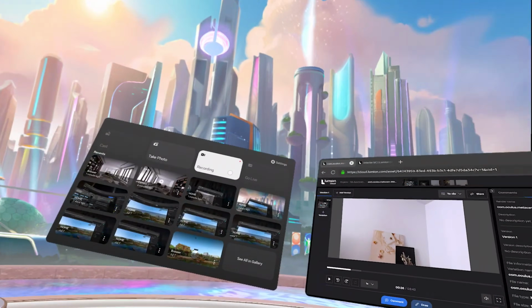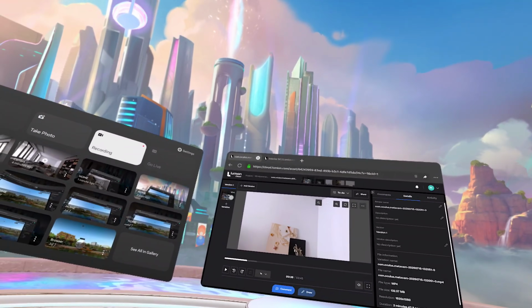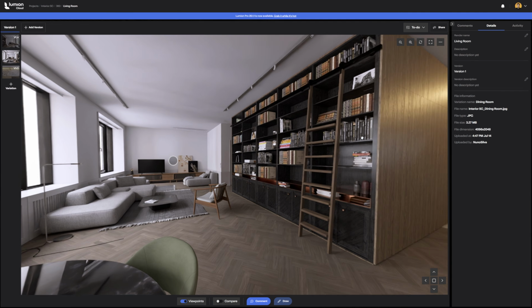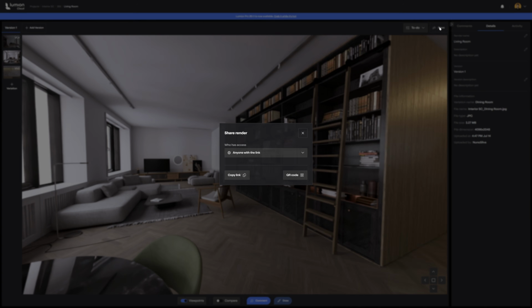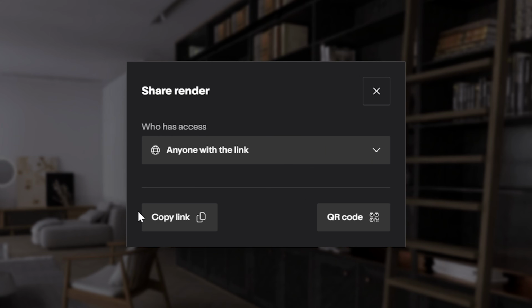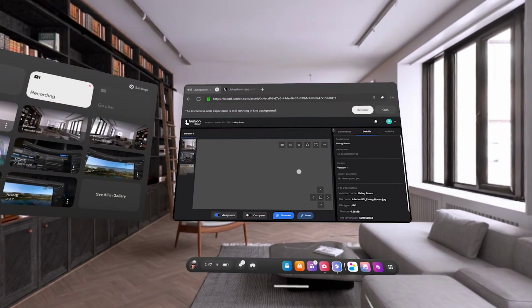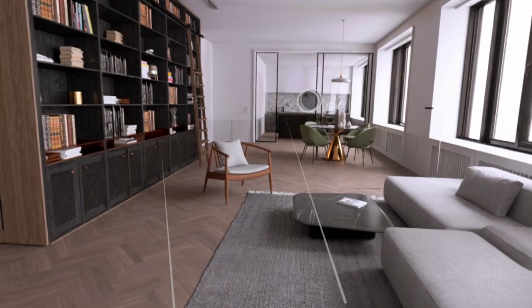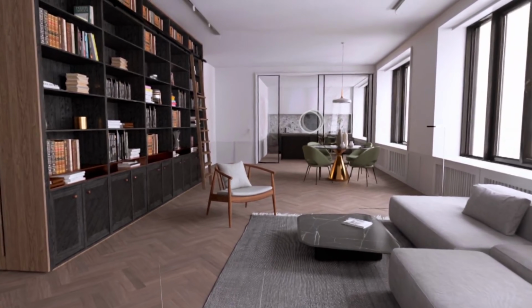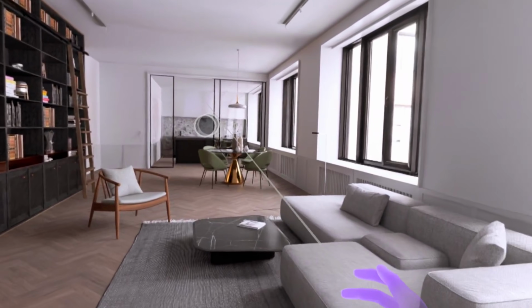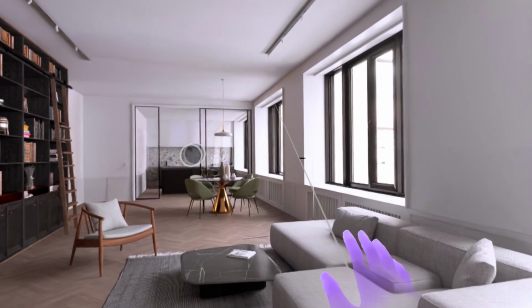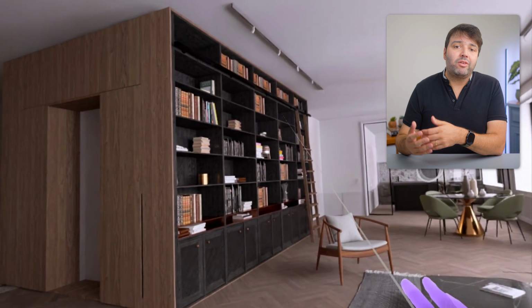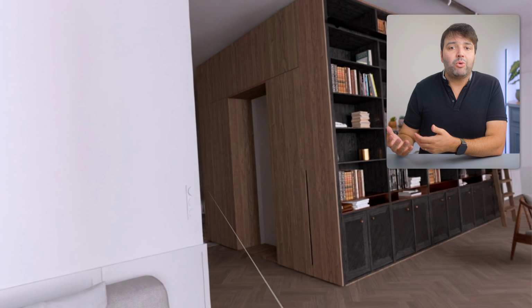And here's where it gets really cool. Those panoramas, you can now view them in VR. You upload the panorama to Lumion Cloud, send your client a single link, and they open it in VR right in their browser. No extra software, nothing to install. They just put on a headset and step inside the space. For client presentations, this is huge. Instead of taking someone through a flat image, you can use the Lumion Cloud platform and let them physically look